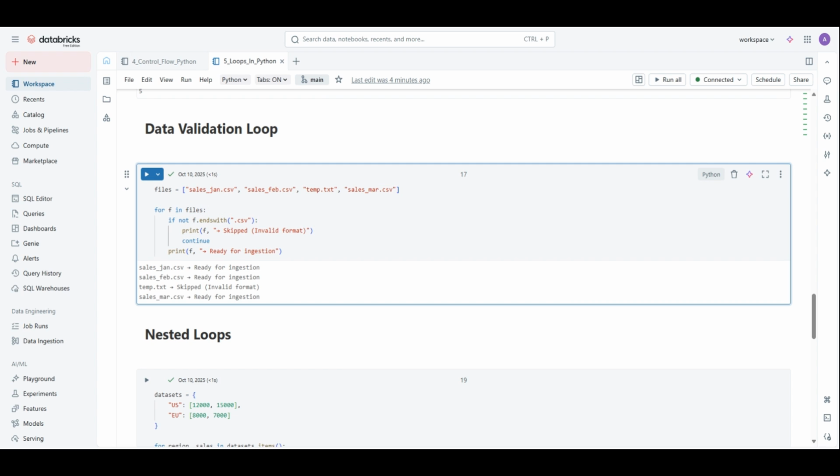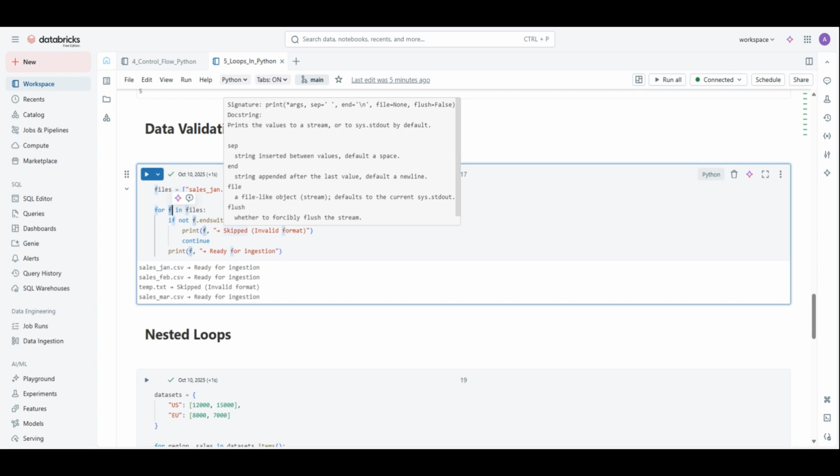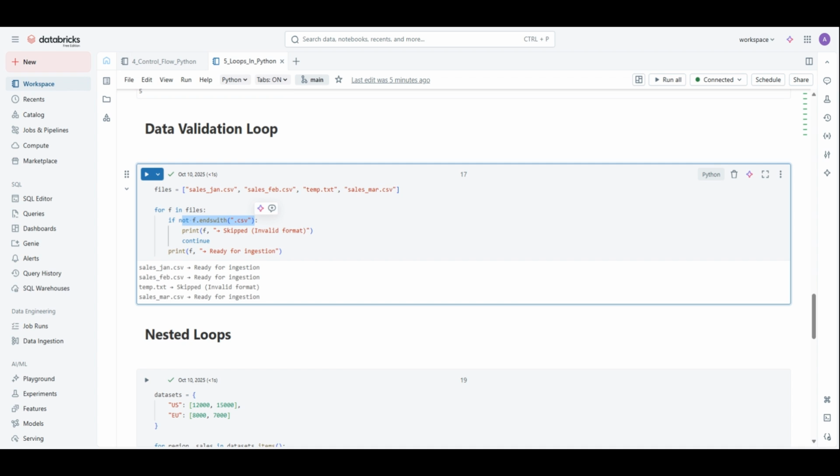So we can have an array where file names are present, and for an array we will have a variable. Since this is an array, a definitive length is known, so we'll use a for loop, and then this variable f will iterate through each and every item, and then based on certain condition we are going to decide what action to be taken. So for example, if f is pointing to sales_chan.csv, then definitely it ends with csv, correct? So if it is not ending with csv, then skip and continue,